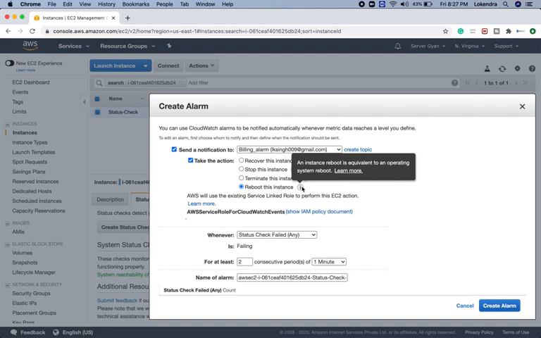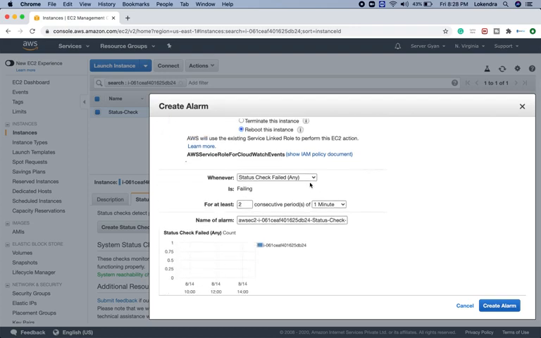You can enable the service using the systemctl command, or you can use the chkconfig command if you are using RHEL 5 or 6 or whatever operating system you are using. You need to ensure that the service comes up automatically. Now in which case will this alarm get triggered and the system be rebooted? Status checks failed, any. Now what does it mean, any?